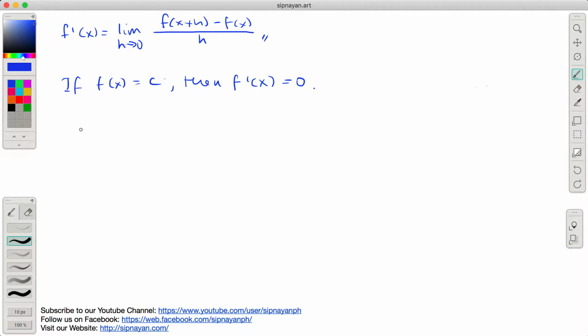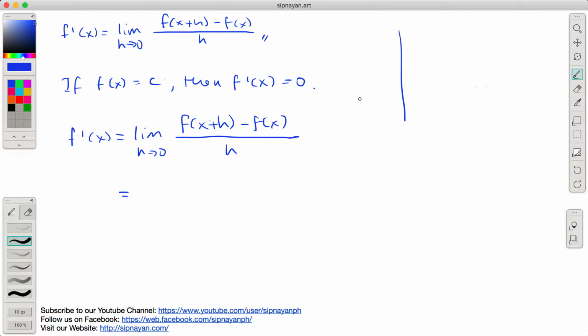So, from this formula, f prime of x is equal to the limit as h approaches 0 of f of x plus h minus f of x over h. And pag pinag-uusapan natin ay constant function,